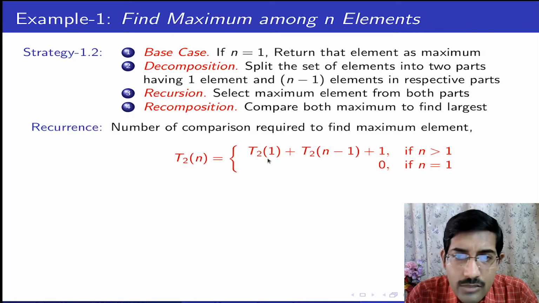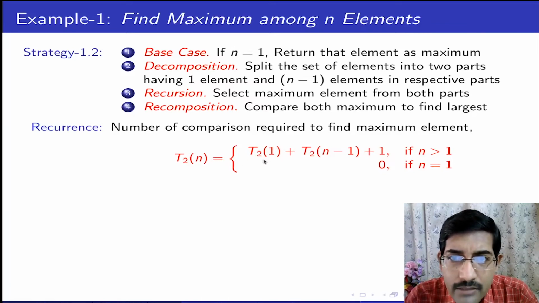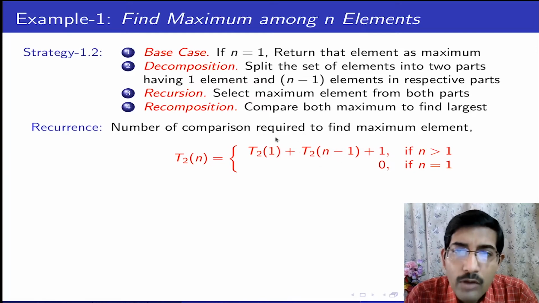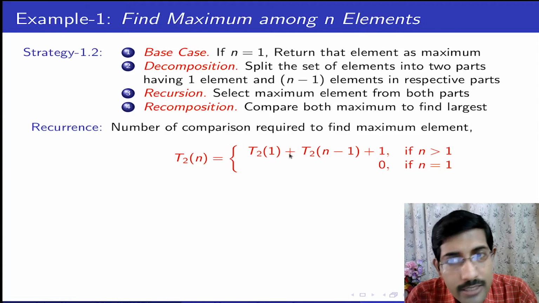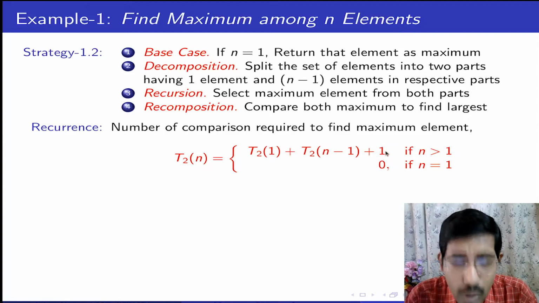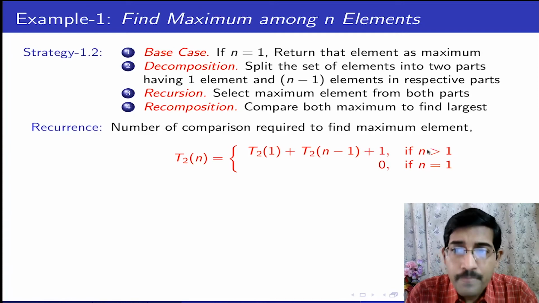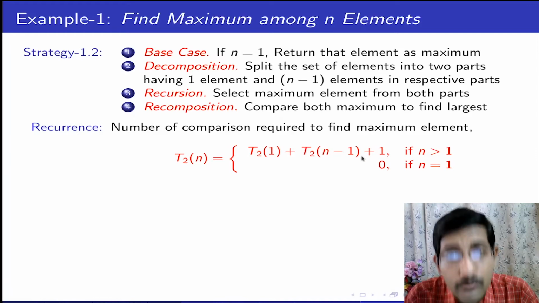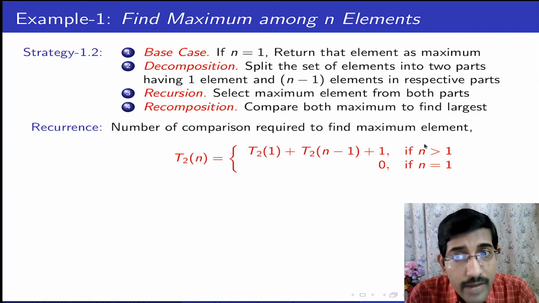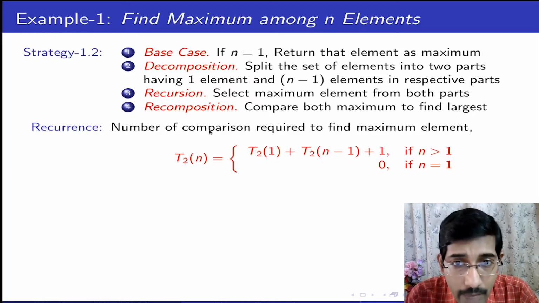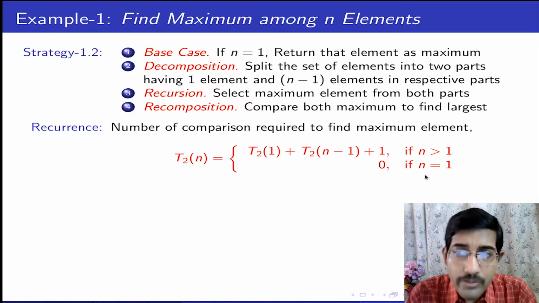Here you see the second recurrence, that is T(n). It gives us that my decomposition or splitting is into 1 and n minus 1 instances, and I am calling it again to solve those. Plus the recomposition time is 1, that also remains here. Splitting time does not involve any comparison, so that is not included. Since we are only considering the number of comparisons here, if you were to consider the number of computation steps, then everything would be added up. The splitting will also take one step, so that would also be added. But I am just simplifying it with the number of comparisons.